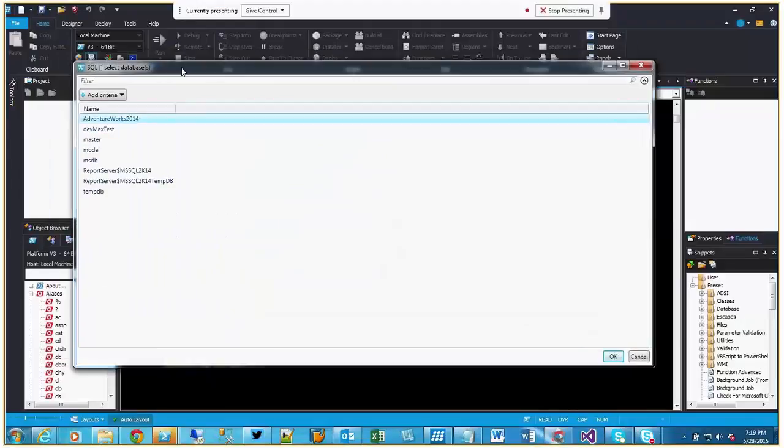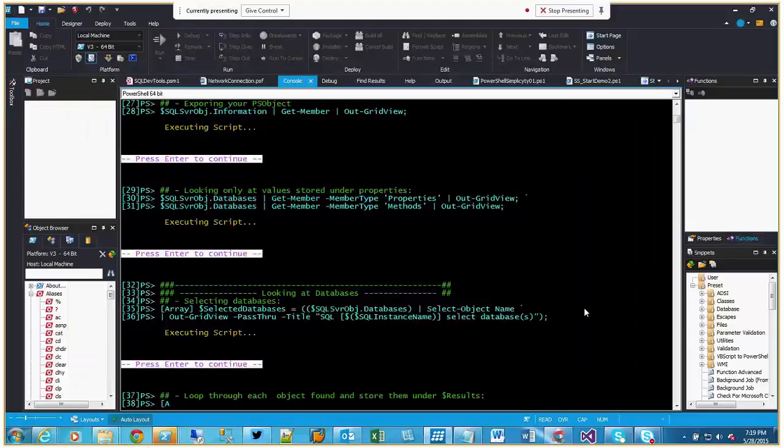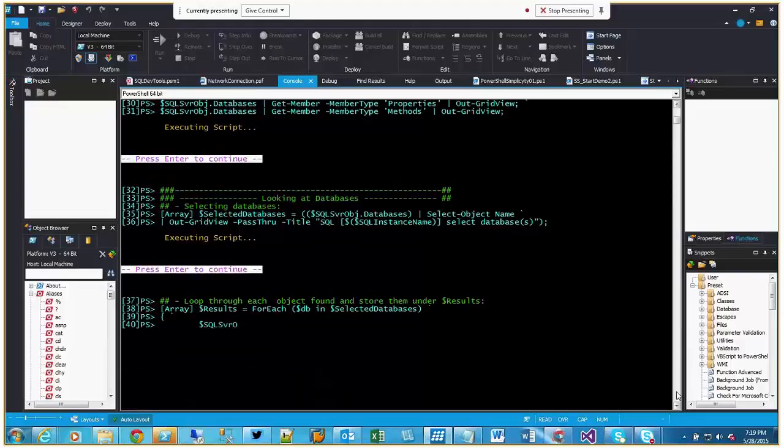I have in my local database, I have AdventureWorks 2014, and I also have, let me hold on the control key, I have a Max test database. So I click OK, and that result set is saved in my variable. And the next step I'm going to do now is I'm going to go through each of those